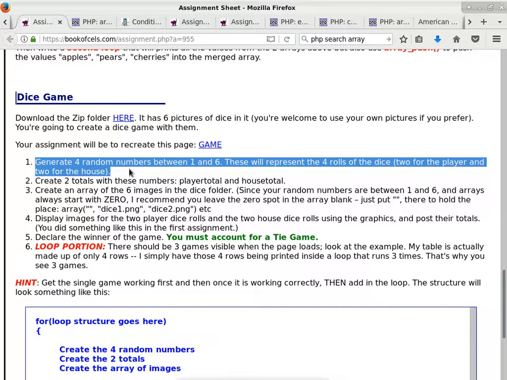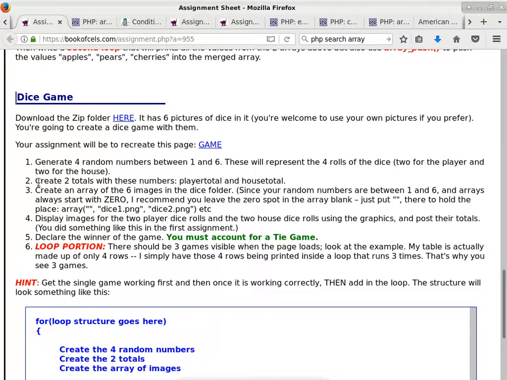Now, at this point, it doesn't say anything about how you are going to store the random numbers. You have 4 of these things. So 4 individual variables or an array of 4 items. Which one is more general? Which one gives you the flexibility to go through each number and do something about it? In an array. Very good. You are starting to think and apply what you have learned, because things in an array give you the flexibility. By changing the index, you can say, I want this one, I want that one.